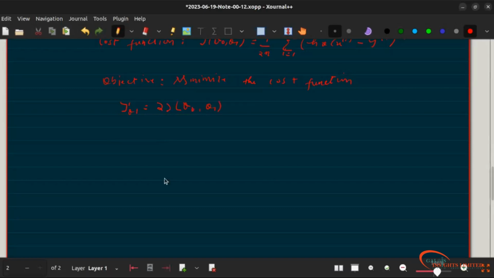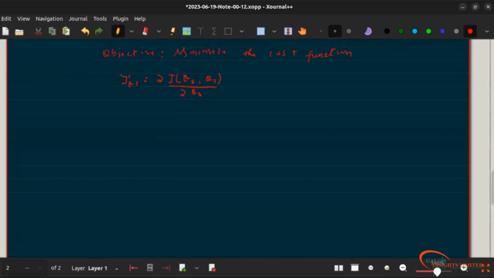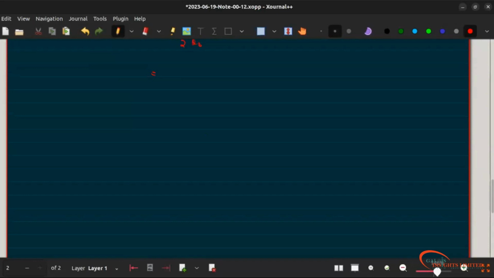So the first thing we are doing here is to differentiate with respect to theta naught, and this is equal to the derivative of theta naught, pull 1 over 2m, derivative of the sum from i equal to 1 all the way to m,